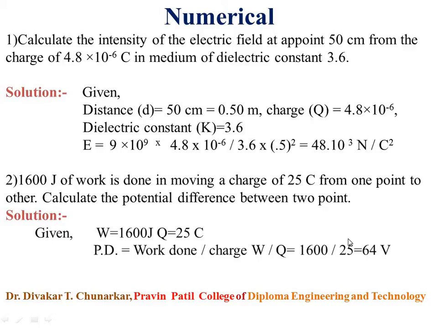After that, the PN junction diode, the barrier potential value of silicon and germanium, then the difference between N-type and P-type semiconductor,